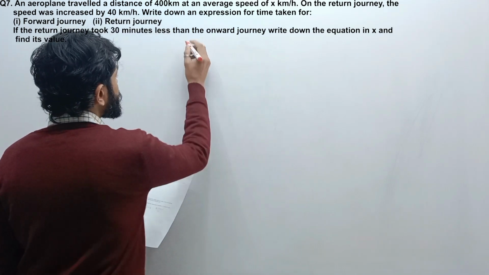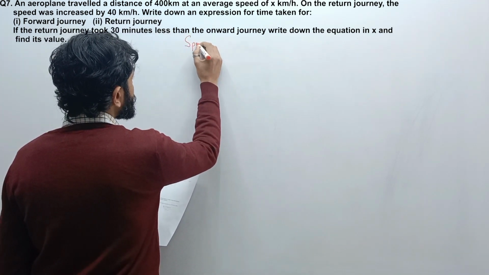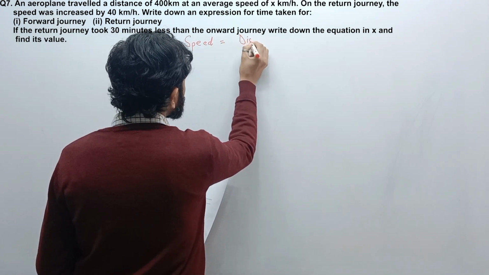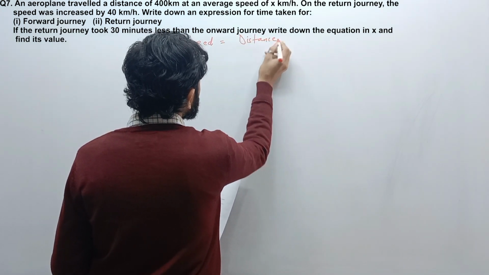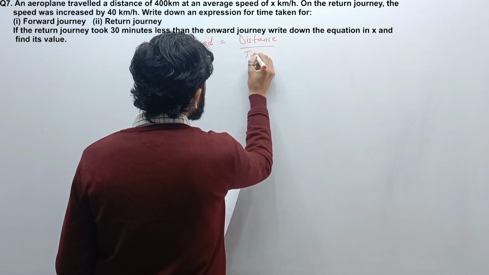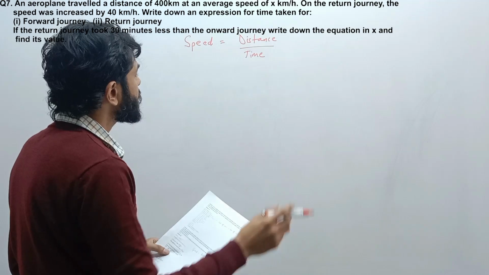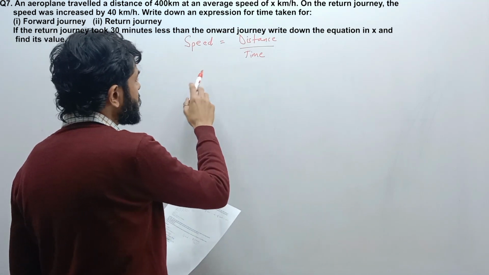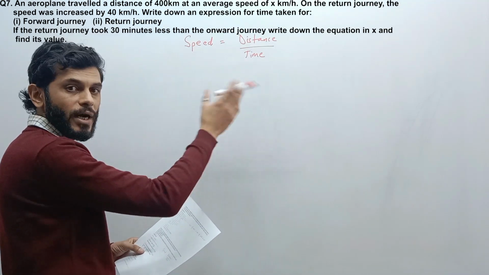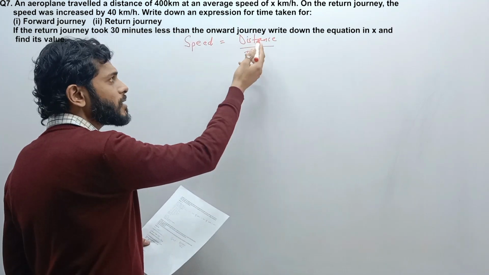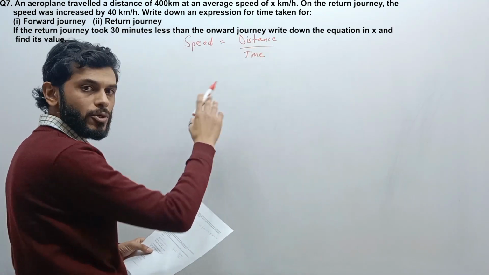So in these questions, what you have to remember is this basic formula: speed is equal to distance upon time. And on forming the quadratic equation, you have to remember, if you are taking it in terms of speed, then all the values on either side of the equation, LHS and RHS, should be in terms of speed. Similarly, in terms of distance or time, the values should be the same.